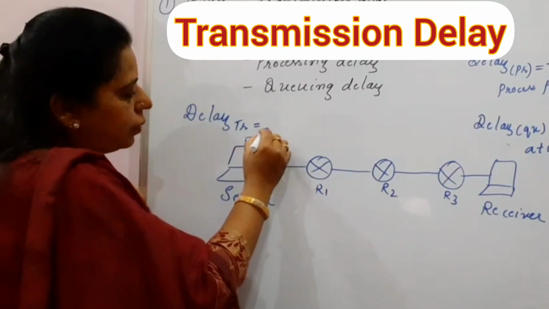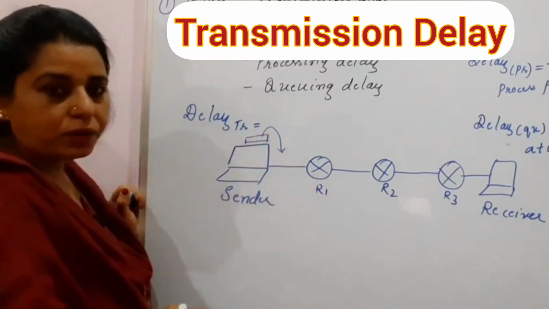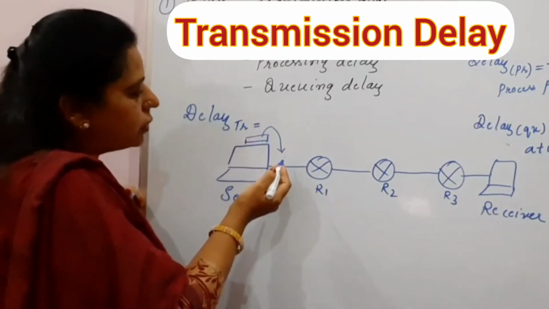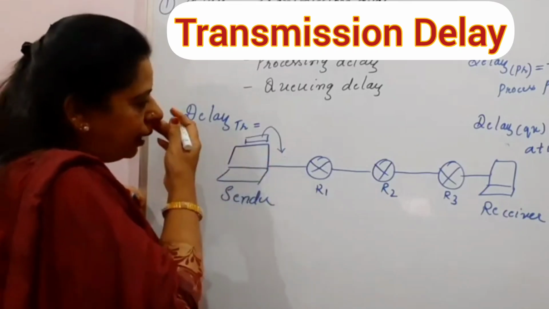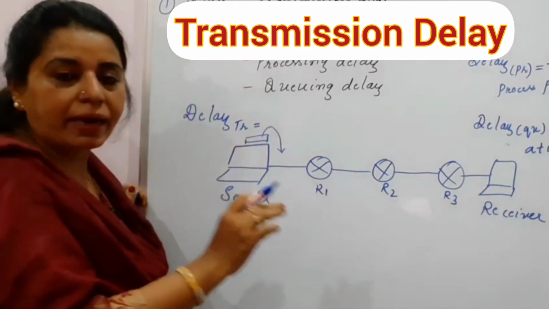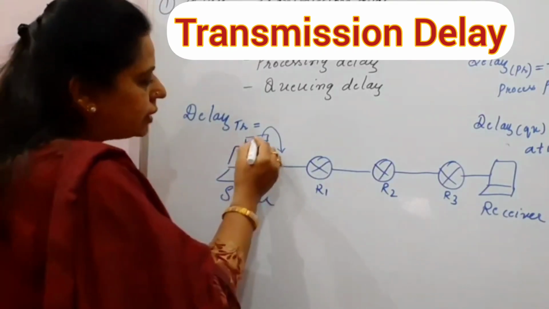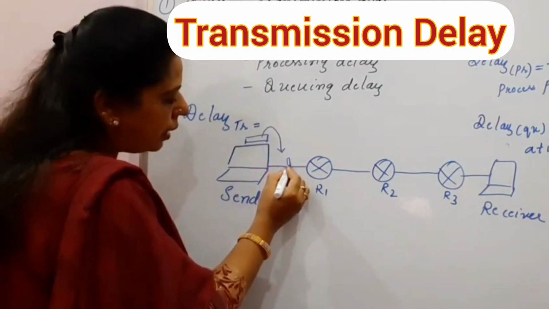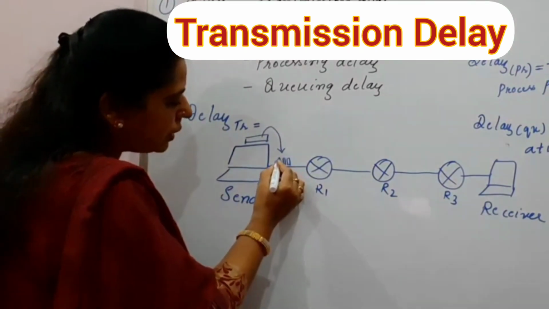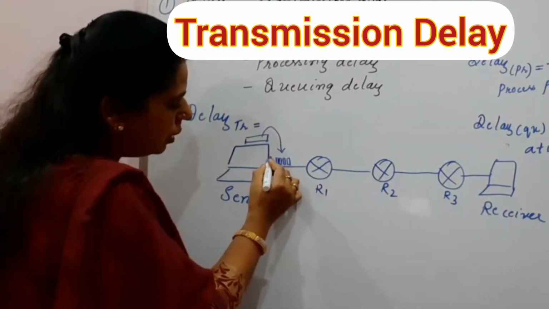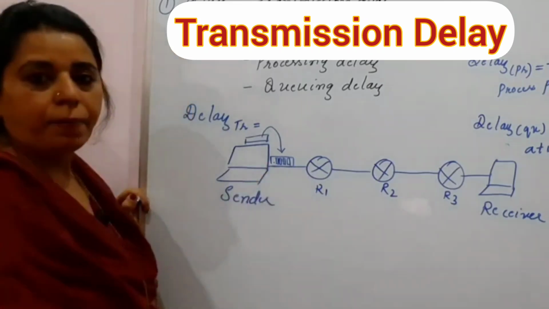Now the sender is going to place the packet onto the link, onto the wire. When we say the sender is going to place the packet on the link, what does a packet consist of? A packet consists of bits. So the sender is placing the bits, which start arriving here on the link: first bit, second bit, third bit, fourth bit, like this. So this completely put together is one packet.